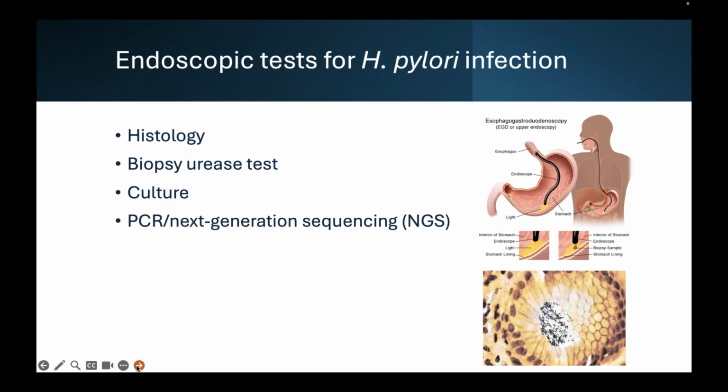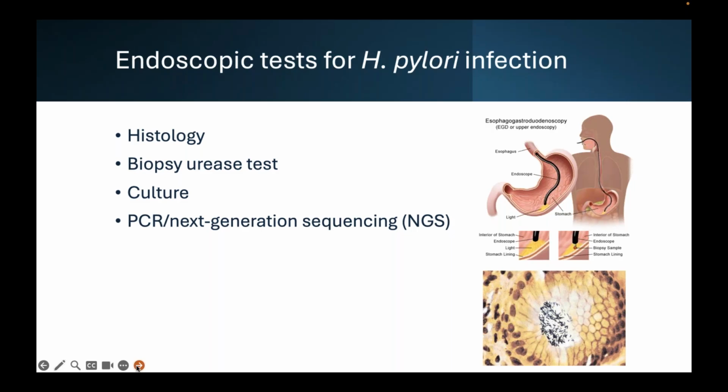The third method of diagnosing H. pylori at the time of endoscopy is by bacterial culture. This is the standard way that we diagnose many bacterial infections, respiratory infections, urinary infections, and so on. And it's possible to do this for H. pylori, but it's not easy, takes a long while. It's receiving a bit of a comeback now, however, because of the issue of antibiotic resistance, because culture allows one to detect antibiotic resistance patterns, which we'll come back to talking about in a few minutes.